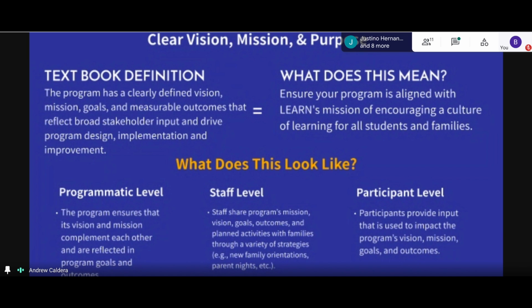For staff, they should share our program's mission, vision, and goals when working with us on site and when they're on the job. They should be promoting those visions because that is the goal of the program. At a participant level, we want to make sure they're able to provide input to impact the program's vision, because we want to ask them, what do they want? What do students expect of Aspire and prep, and have them be incorporated. It's good to create a site mission statement and a site vision because everyone's going to have it different, or even a classroom one, because we all have different classrooms.